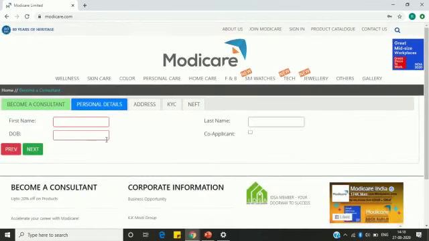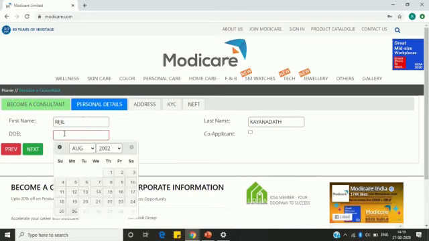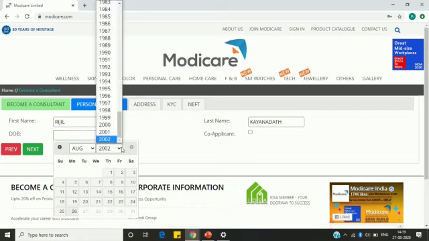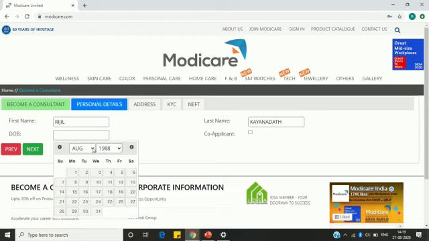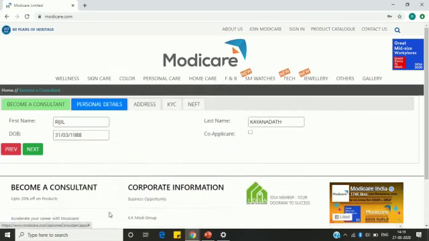So this is the second page. This will ask you the complete details and your date of birth. So first name, enter your first name. Last name also, please enter it and click here, date of birth. Ensure that you first select the year. Select the year first and then the month and the day.